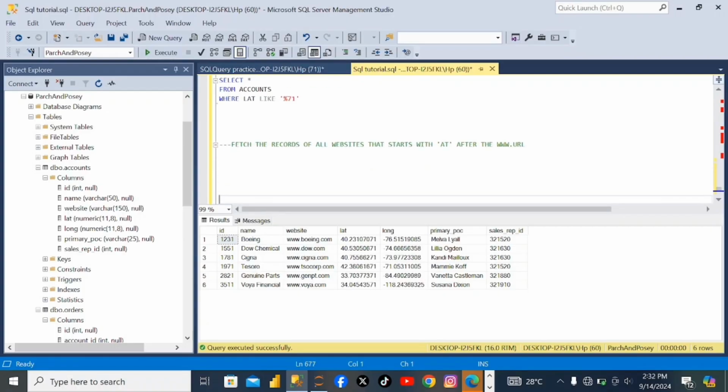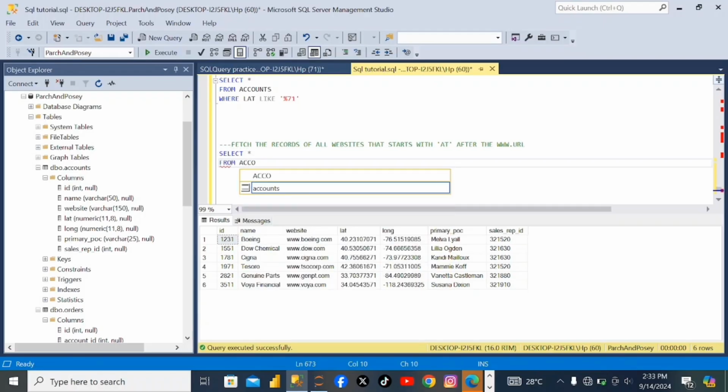So we are going to fetch the record of all websites that start with AT after the www URL. Like we have www, the website that starts after the www with AT. To solve that, we say select star from account